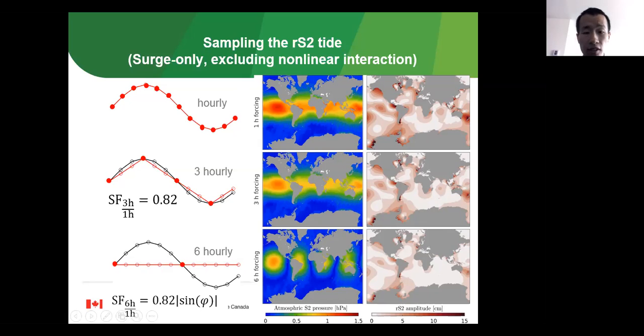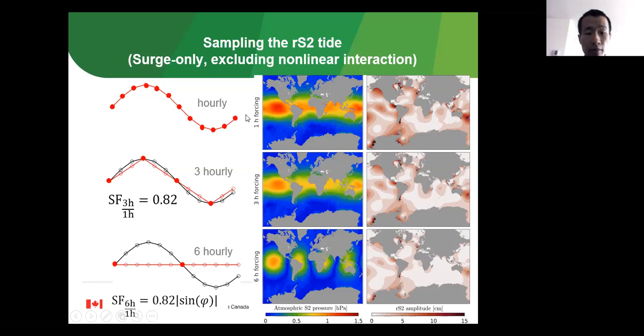Next, we look at the impacts of the temporal resolution. When we decrease the resolution from hourly to 3 and 6 hourly, we see both the forcing and the responses are greatly reduced. In particular, from hourly to 3 hourly, the result seems to be simply reduced by a scale factor. And actually, this can be